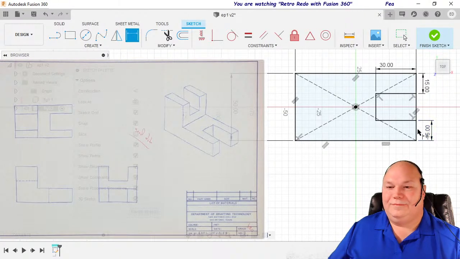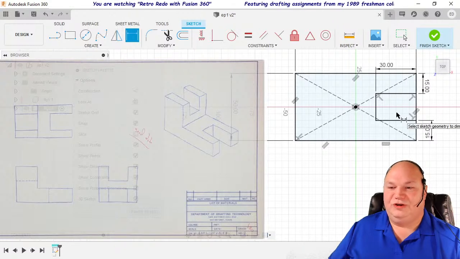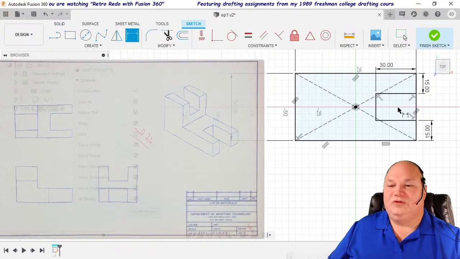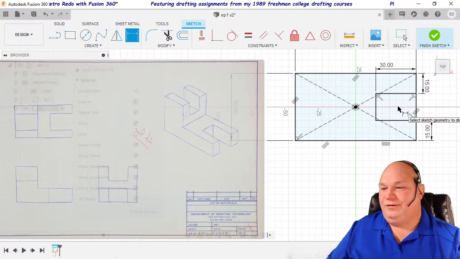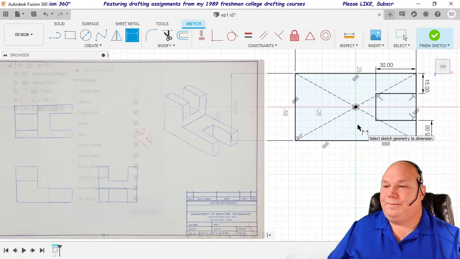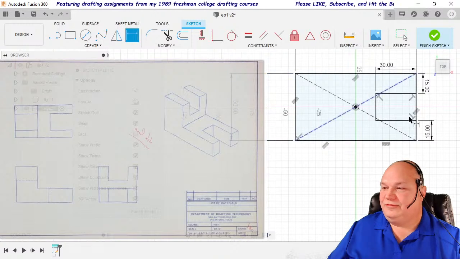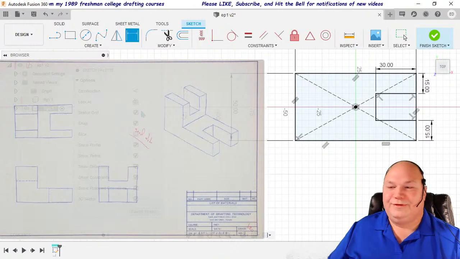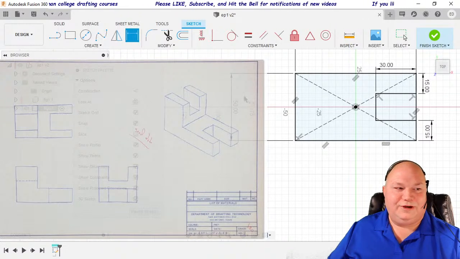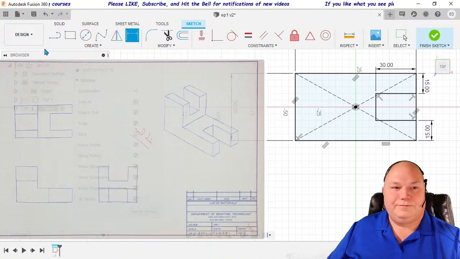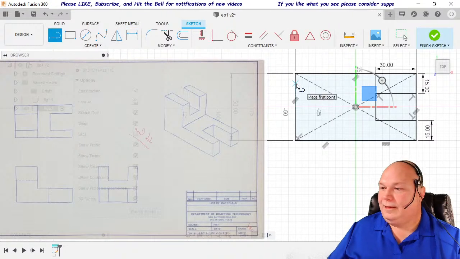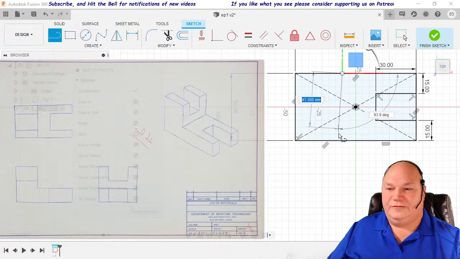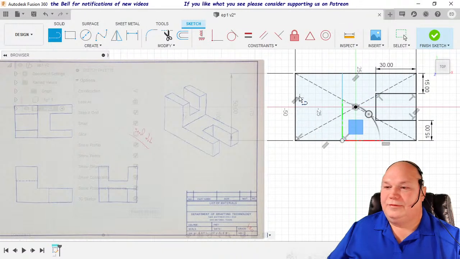All right. Now we have this extra line right in the middle here. We don't really have to worry about it because we can essentially ignore it at the moment, because we're just not going to select it as part of what we make thick, right? So now we've got to make this shape over here on the left part of the part, which is another 3 quick lines. Let's see, we're going to put this roughly here. We can put this one